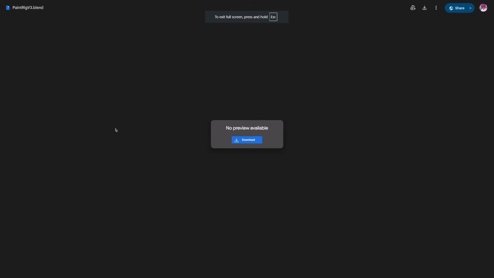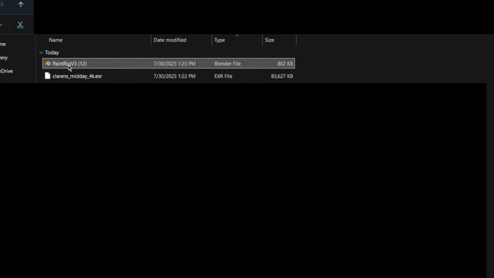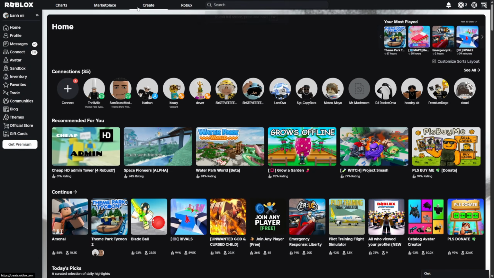Once you download Blender, you need to go to the 3rd link in the description. I'm going to have all the links, by the way, in the description. You're going to want to go to the 3rd one. You want to go to where it says Paint Rig V3. It's going to bring you to a Google Drive link, and you simply press download. Okay, so as you can see, it's done downloading. Okay, so now that we got all the stuff that's needed to download, we can go back to Roblox